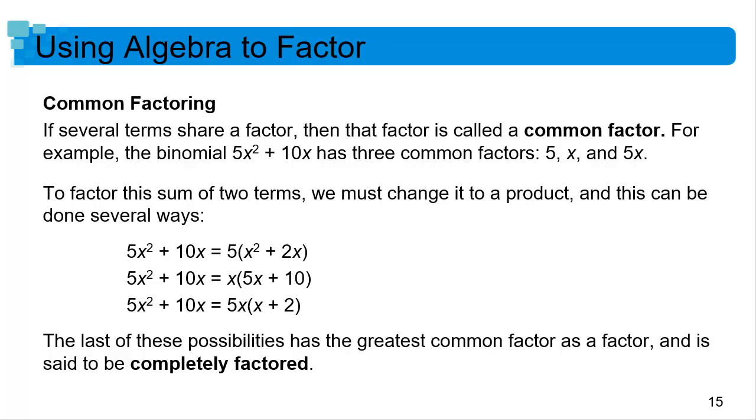All right, that idea of common factoring I wanted to talk about really quick. When you have something that all have something in common, you pull the 5 out, right, because they're both divisible by 5. But then you notice they're also both divisible by x. So why not take both of those pieces out and get 5x and then see what you're left over with, x plus 2, and that's now completely factored. And if there was a constant term, you could obviously only pull out a constant, but you would pull it out